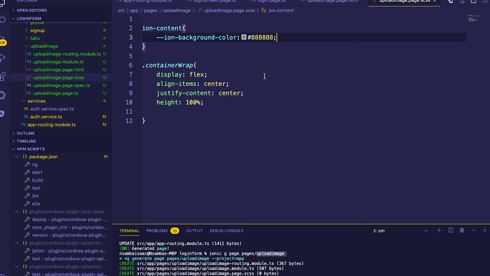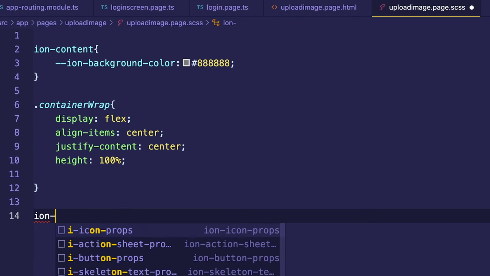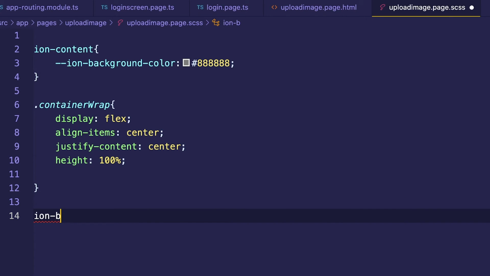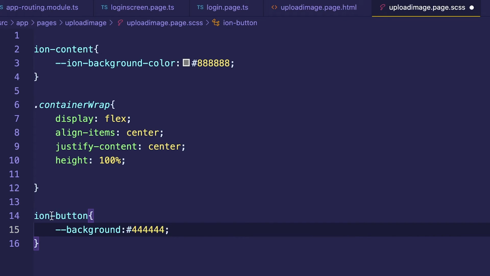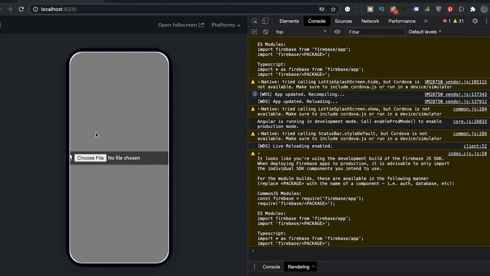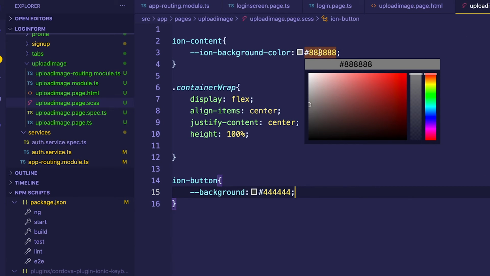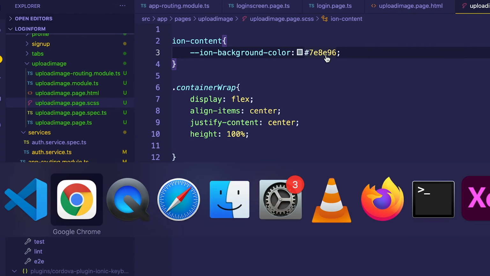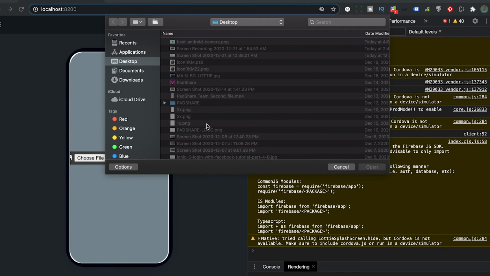Yeah, that one will be much better. So we can change our background and button. Save and let's check it out. Change this a little bit. Yeah, something like that. So now if we select our image,